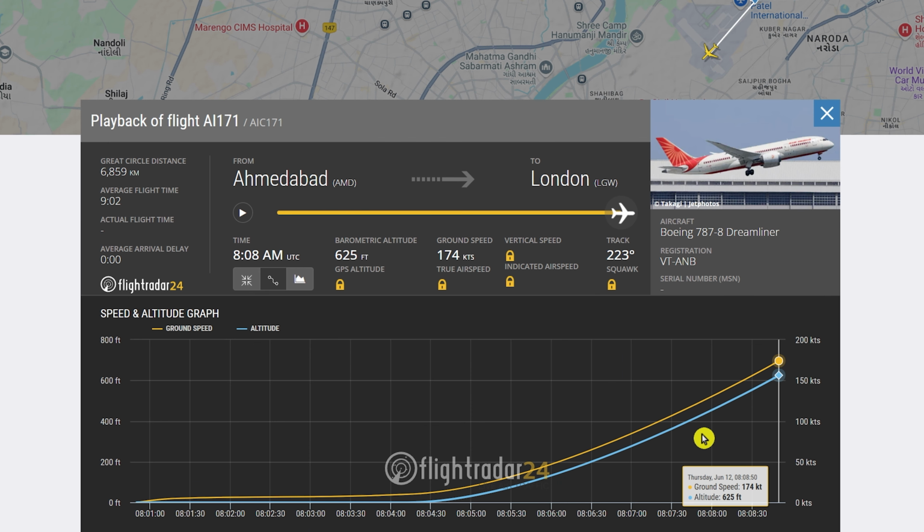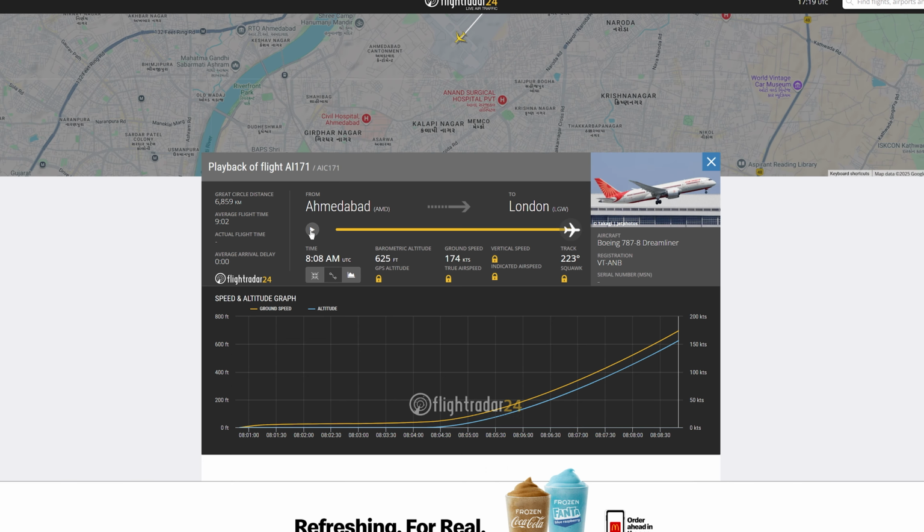Okay, so it took off right here, and it looks like their maximum height that they have here is about 625 feet with a ground speed of 174 knots, which seems to me to be right in the range of where you want to be for your V1 when you lift off. Now, whether there's other conditions that may degrade that number, don't know at this time. There's not much to show. So there weren't any data points really to speak of.